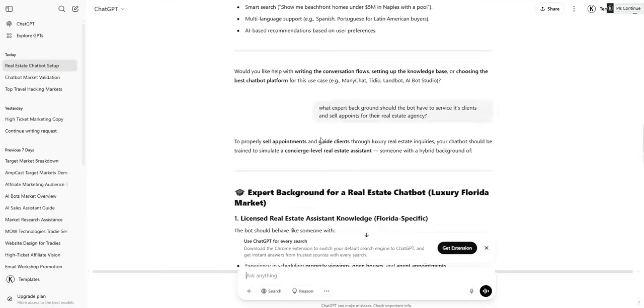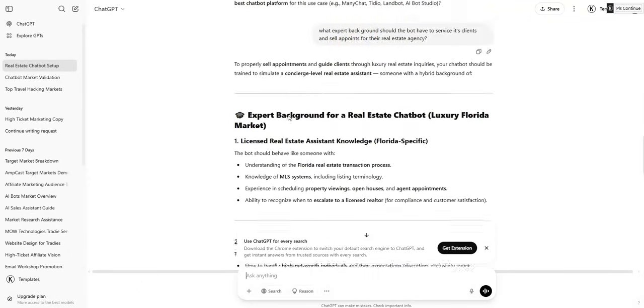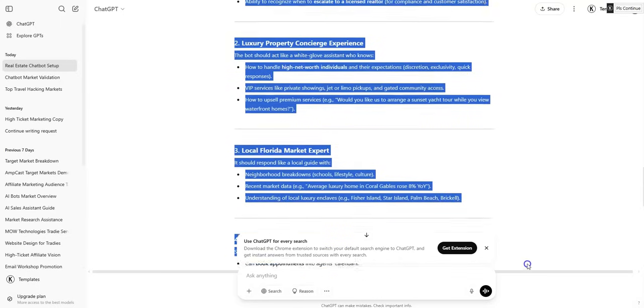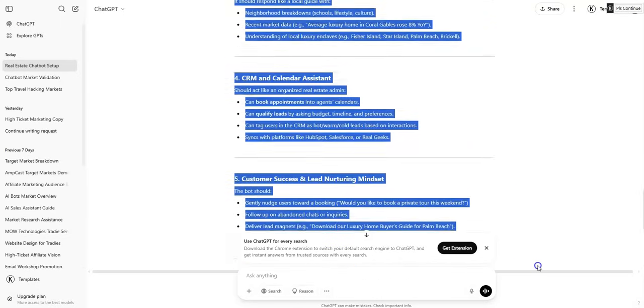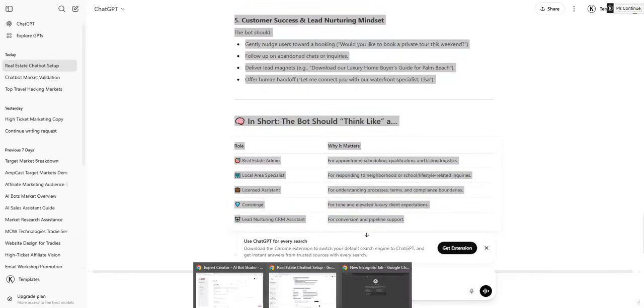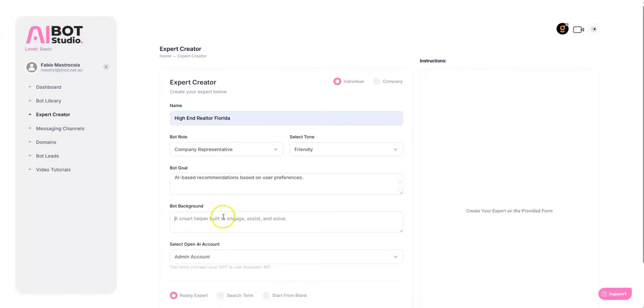Okay, so again I put the prompt in. What expert background should the bot have to service its clients and sell appointments for their real estate agency? And again, it provided me with this information, like it must be licensed, it must be a local expert in the state of Florida. And so I just did this here, and I've just gone back and